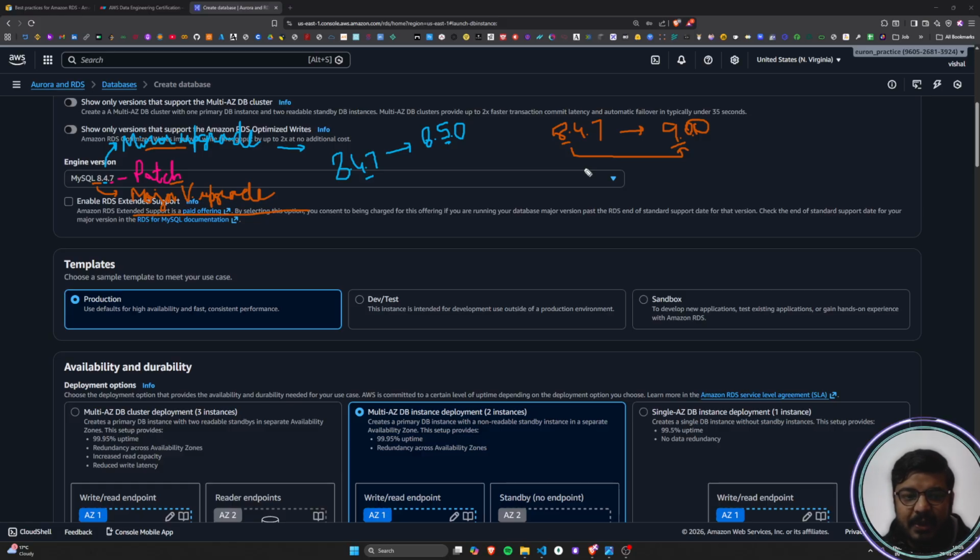And again, we have to keep in mind, it's not that whenever MySQL rolls out, let's suppose, from version 8 to version 9, we can blindly come and upgrade our version. No, that is not a good practice. What we should do is, first of all, launch a test environment with the latest version. We should check if our existing code and existing infra are compatible with the latest version. If it is compatible, then only we should try to upgrade to the